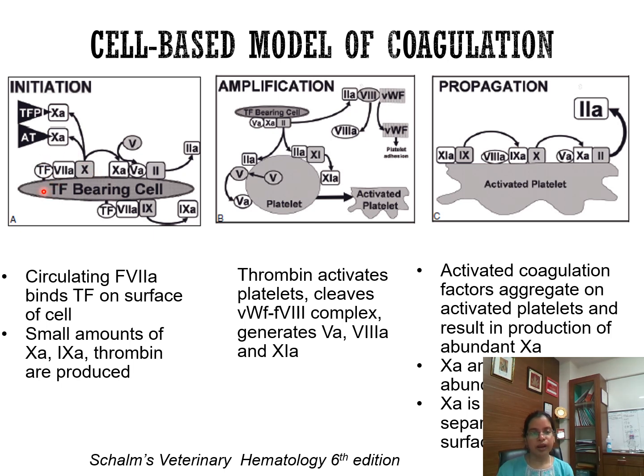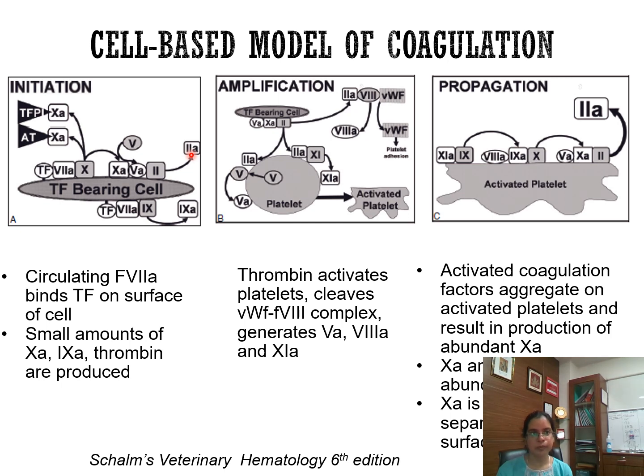This tissue factor will bind to factor 7, and it will cause conversion of factor 7 to activated factor 7A. So circulating factor 7A binds to tissue factor on the surface of the cell, and this activated factor 7A will cause conversion of factor 9 into activated factor 9A and factor 10 into activated factor 10A. So we have seen this is the extrinsic kinase, which is tissue factor, factor 7, factor 10 and factor 9. It will help in conversion of factor 10 to 10A, and 10A along with its cofactor factor 5 will cause conversion of prothrombin into thrombin. So in this, small amounts of thrombin will be produced,